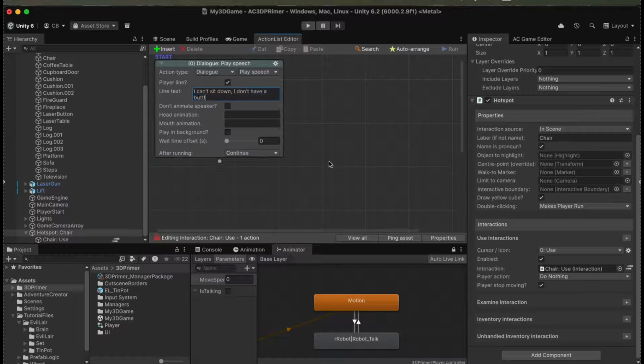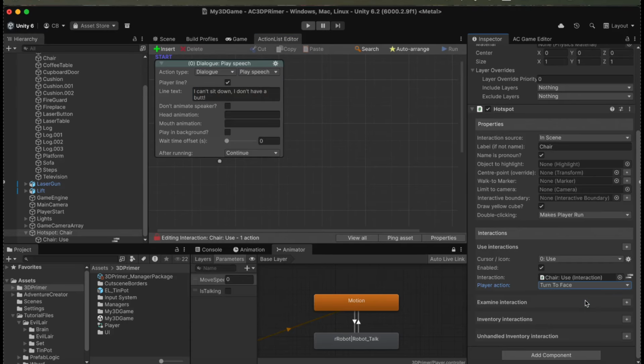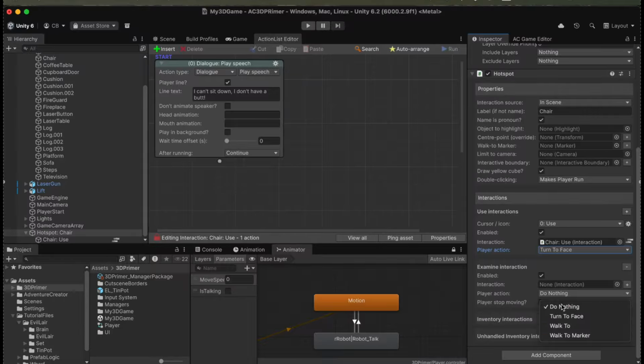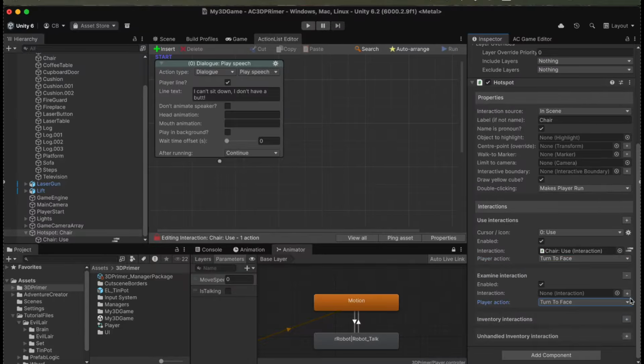Going back to the hotspot inspector, we have this player action field, and here we can choose what the player does just before this interaction runs. So for example, if we want the player to face this chair, we can just set it from do nothing to turn to face. Similarly, we can create an examine interaction just by clicking the plus icon, and again I'll choose turn to face, click on the plus to create a new interaction,